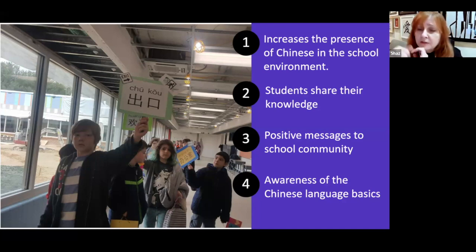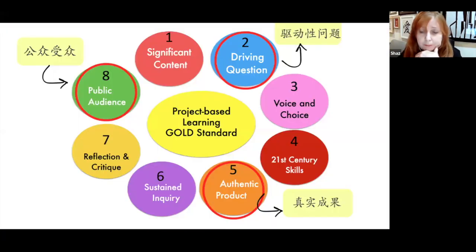And the head of school was really, really impressed by their work. All this time, within that first 4 weeks, they were learning about the Chinese language, but in a real world situation. They had a real audience. The audience was the whole school community. When parents came in, they would see those labels. So that's just a very, very simple example of how you can include PBL in the first 3-4 weeks of Chinese class.